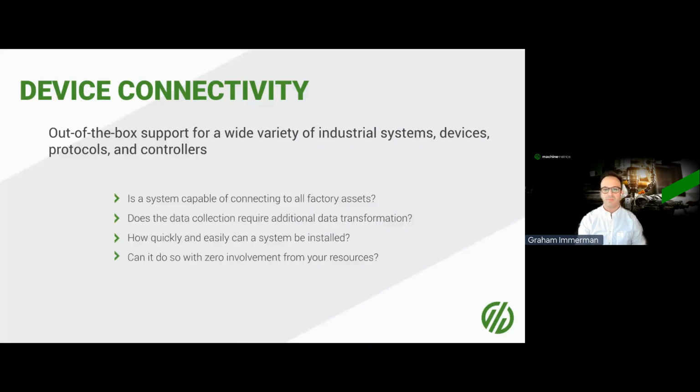of assets, but also it needs to be able to standardize the data from these different systems into a common model. I know that this may feel like a confusing concept, but the reality is if I'm going to measure 5 different machines and each machine has a different data tag on its control for part count, then it's going to be really difficult for me to measure how many parts each machine is making across all your different makes and models. So a system needs to be able to identify and have the experience in automated normalization of all those different data points, so you can have real-time automated collection and action